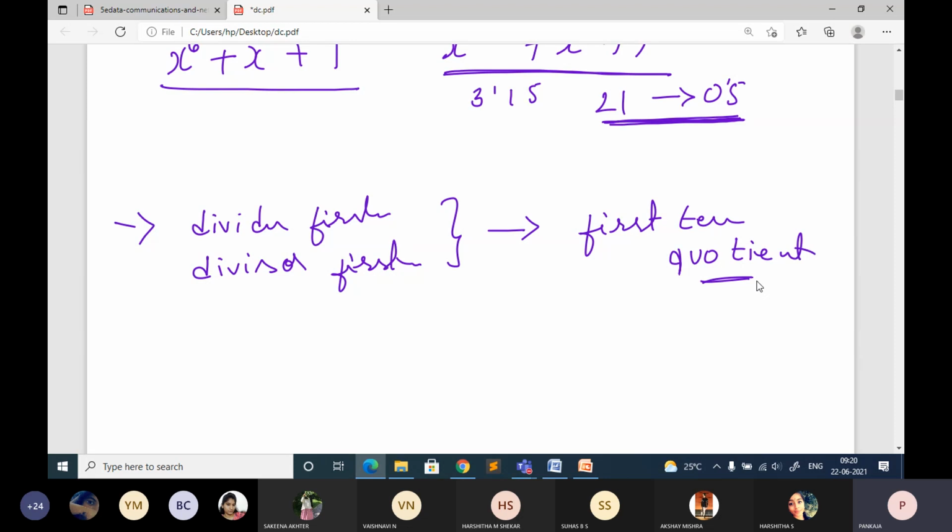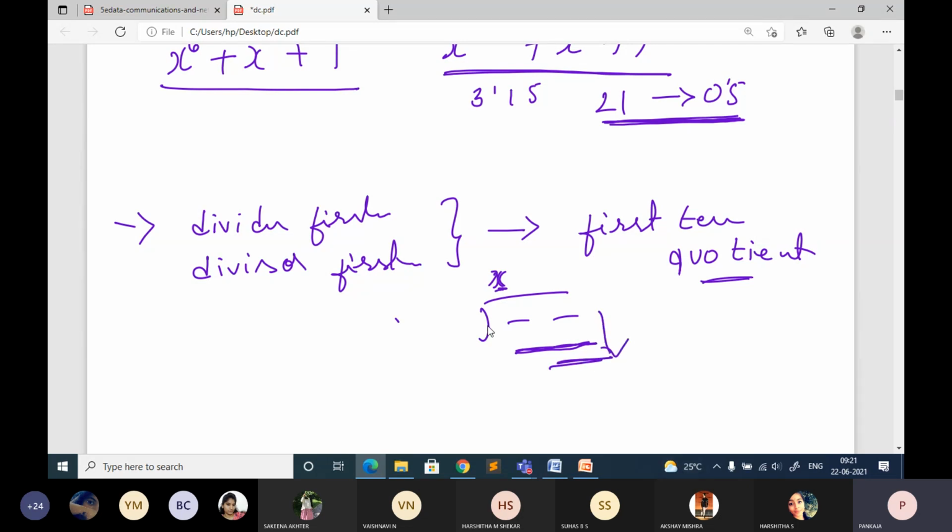Next, multiply the terms of quotient. Next, if you want to get the dividend of that particular, like normally how we'll do, no. So once you come to know what is the quotient, you take the quotient part and multiply with the divisor. Okay, so you need to multiply with the divisor and you will be getting some result. Write that below the dividend. Okay, and subtract the result. So whatever the subtraction I told how to do polynomial subtraction, do that and you will be getting the partial dividend here. Take the next term, so continue that.